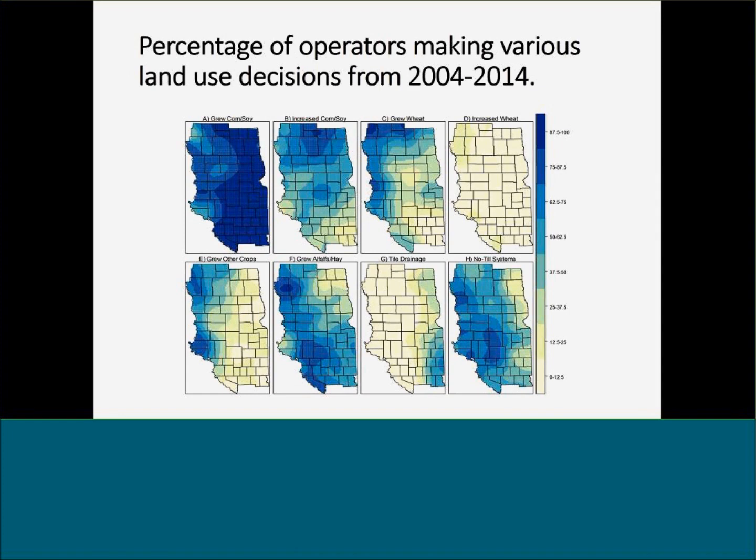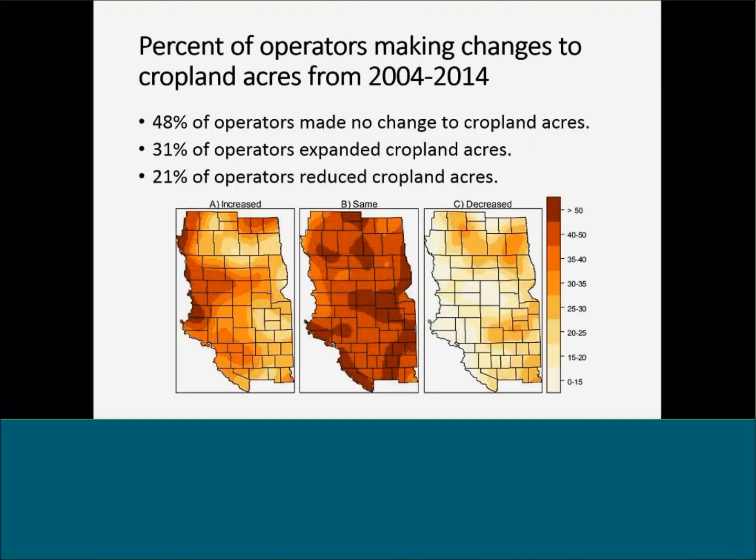Just some other things to point out, tile drainage is still primarily concentrated right along that eastern side of the study area, whereas the no-till systems are more broadly distributed over some of the drier portion of the study area to the west. All right, so let's get into what we're most interested in here, which is land use